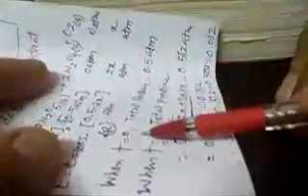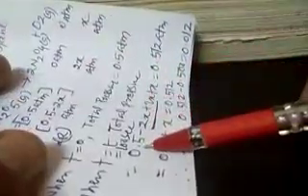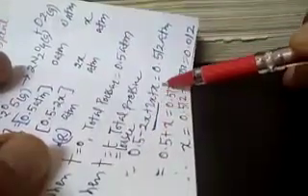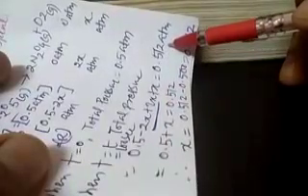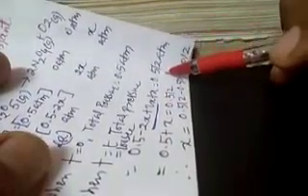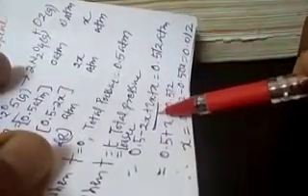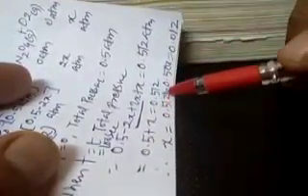Now when T is equal to 0, total pressure is 0.5 atmosphere, because 0.5 plus 0 plus 0 is 0.5 atmosphere. And when T is equal to T, the total pressure is 0.5 minus 2x plus 2x plus x, because all these are present and they also contribute to the total pressure. So the total pressure is 0.5 minus 2x plus 2x plus x is equal to 0.512 atmosphere, which is given in the question. You know that minus 2x plus 2x turns into 0, and therefore 0.5 plus x is equal to 0.512, and therefore x is equal to 0.012.